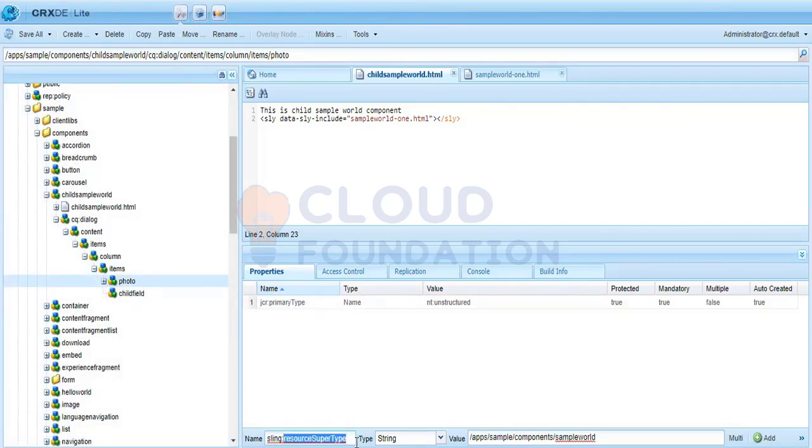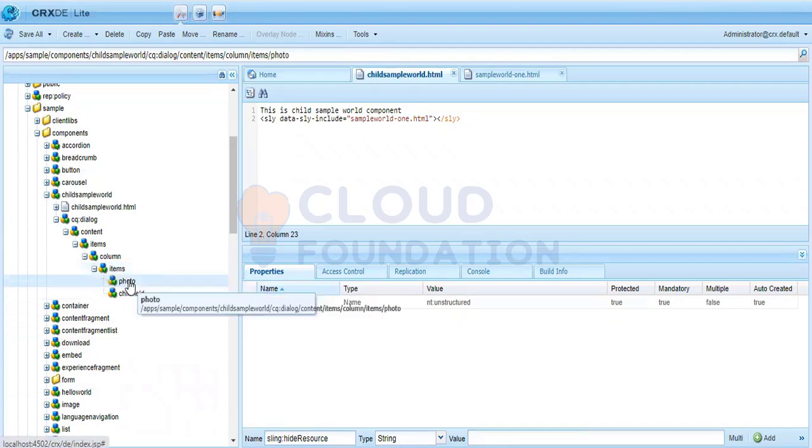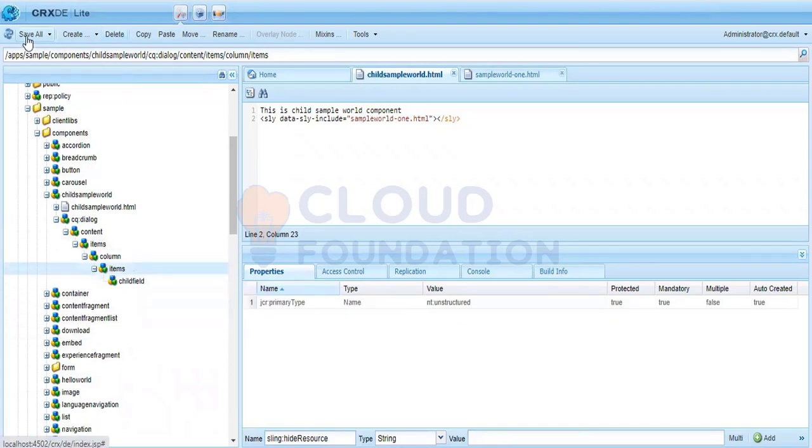There is a property that is sling hide resource. Okay, hide resource. Okay, so you do not need this actually. What we can do is inside the items only we can add sling hide children, and here it will be a string array, and I can say whatever the name of the field was,